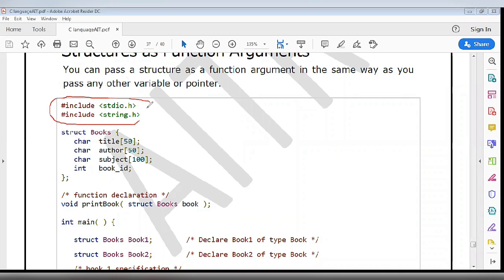Here we have included two header files, stdio.h and string.h, and have taken the structure struct books.